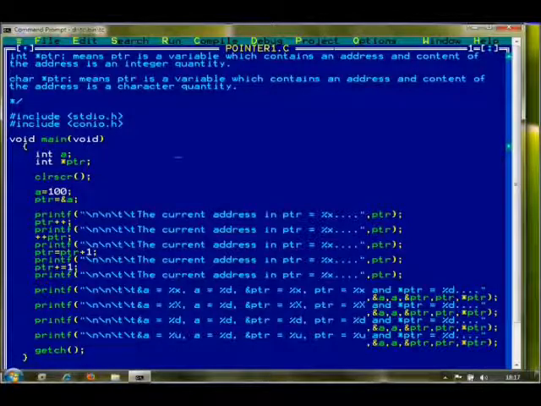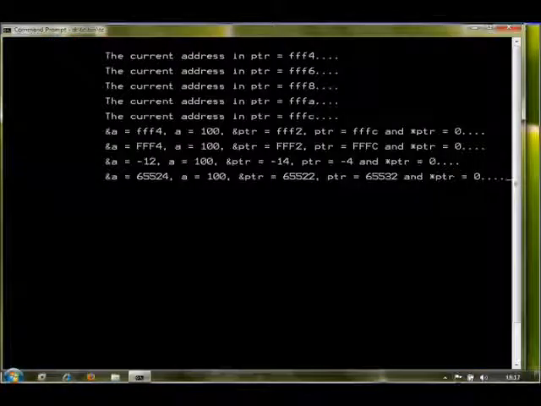Now let me execute the program. Here you see it is 4, it is 6, it is 8, it is 10, it is 12. It's true that I did my level best to increase this address by 1, but it is getting increased by 2. Why? Because it is pointing to an integer. An integer occupies